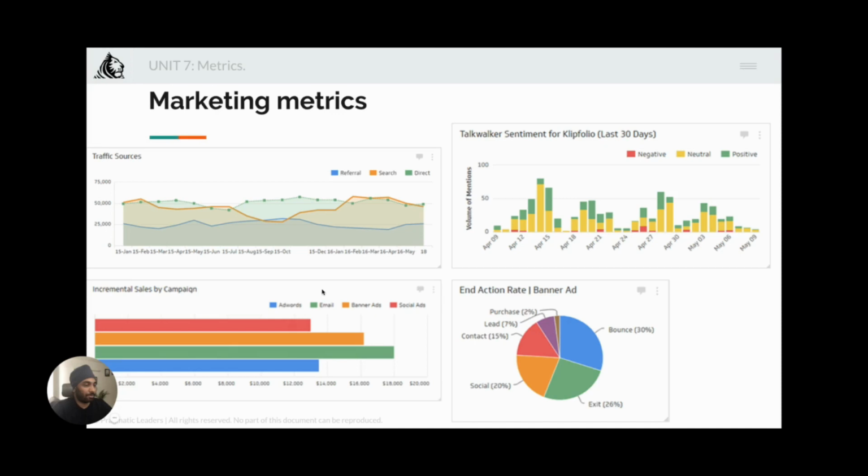So as you can see, there are just a number of things that you can track, and there's just no end to what all you can track, in what ways you can slice and dice the entire data. The whole idea here is to figure out what matters to you, what are the core business objectives, core business goals, and how do you get the right numbers to represent those goals, right?